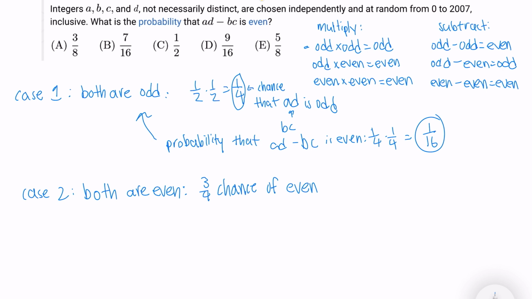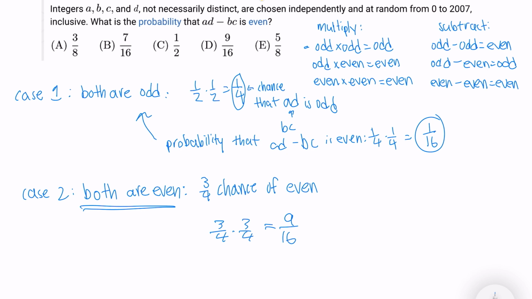I think it's really just common sense, because 100% is everything, and if we have 1/4 that is odd, then the remaining would be even because there's only two possibilities, odd or even. So AD would have a 3/4 chance of being even, and BC would also have a 3/4 chance of being even. The probability that AD minus BC is even under the scenario that both are even would be 3/4 times 3/4, which gives us